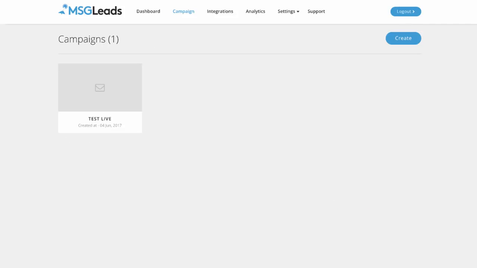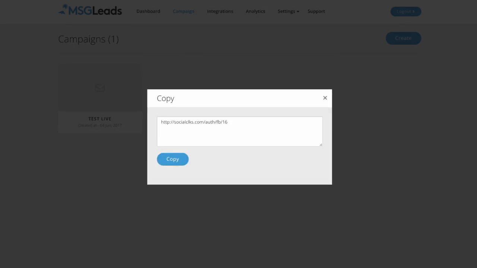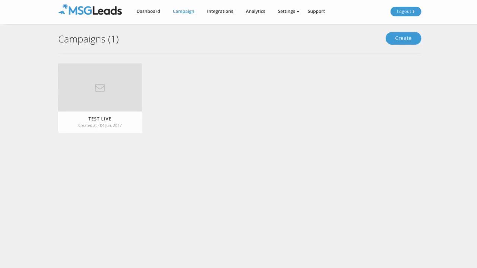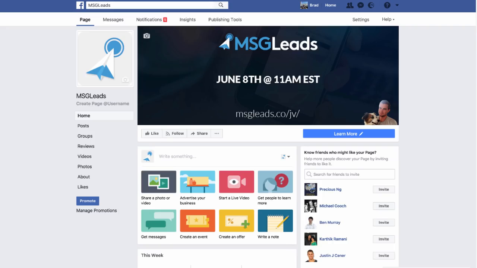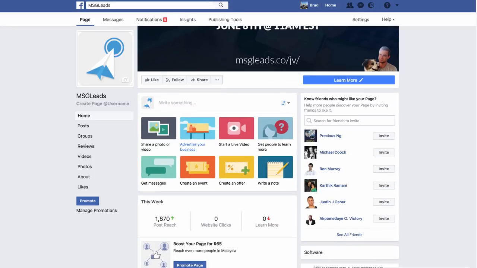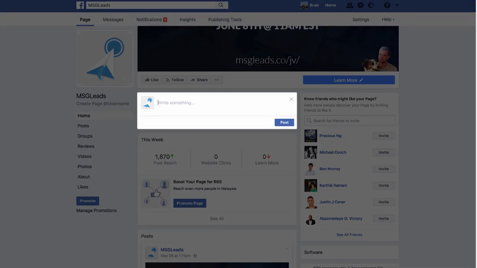And then it's going to redirect me back to the campaign dashboard. I just click on this code button right here, and it's generated my link for me. Now I can use this link anywhere on Facebook to sync people to my email list that I've chosen within the campaign setup. So for example, let me go into Facebook very quickly. And as you can see, I've got a MSGLeads Facebook page here that I'm using to run some ads. So if I was, for example, wanting to send a post or set up a post to my fans of this page, let's say I had 50,000 people who were fans of this page, I can say something like, hey,